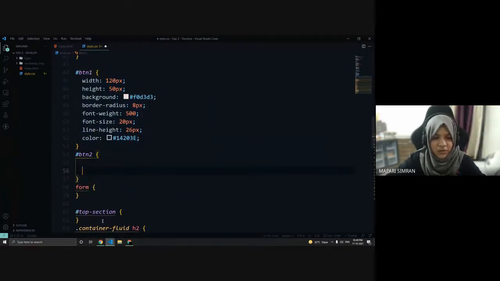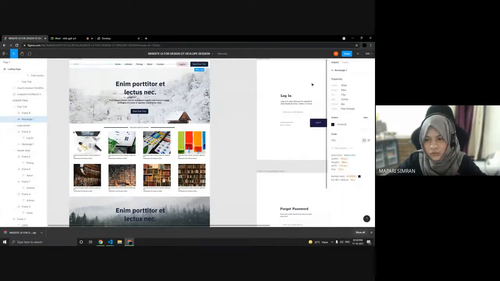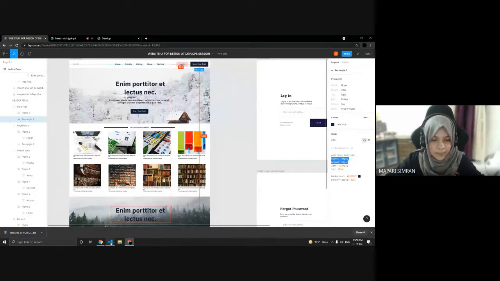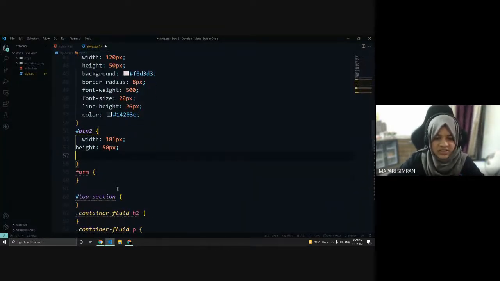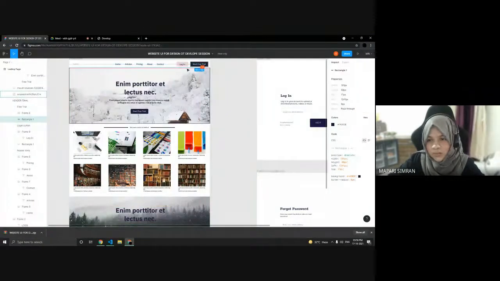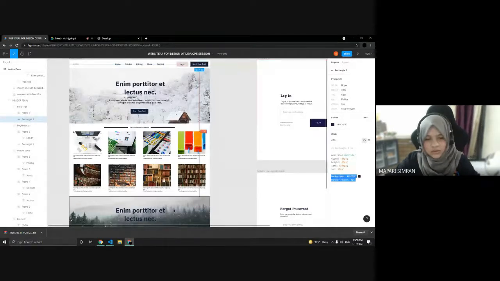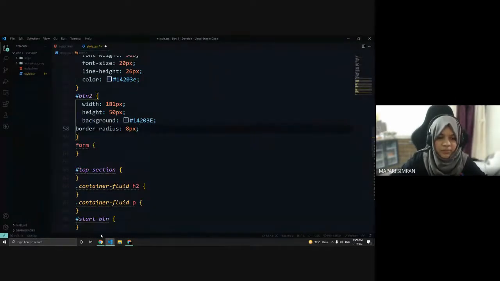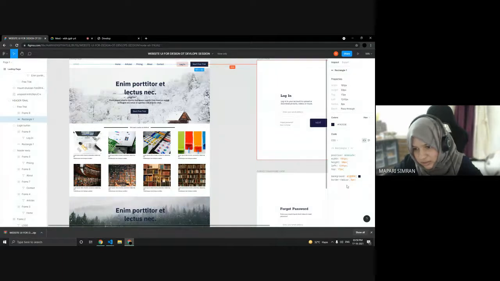Let's do the same for button 2 as well, and then at last we'll check our nav bar to see whether it's proper or not. So select this button 2 as well and copy the width, height, everything from here. Width and height, just the same as we did for button 1. Width, height, and the background and the border radius we have here. So we'll copy that and paste here, because these are all basic CSS properties, and we'll have to take that from here only.